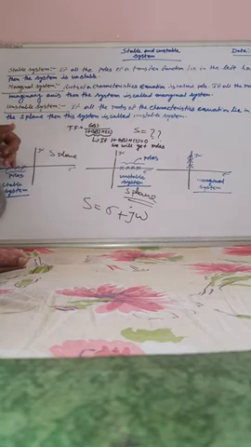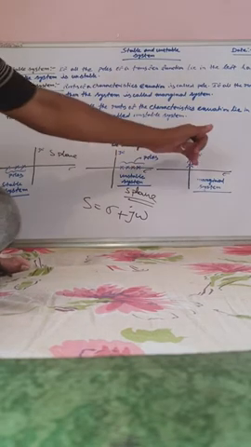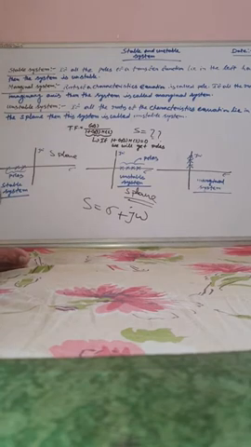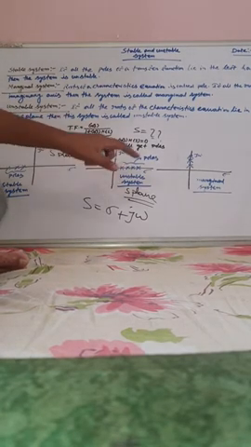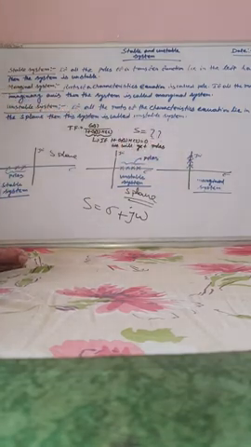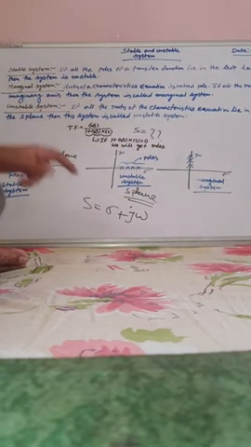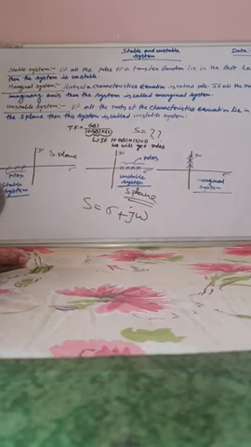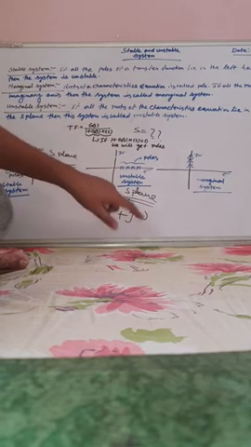This is the left half, this is the right half, this is the imaginary axis or the j omega axis. Your s plane consists of two axes, sigma and j omega. Sigma is for the real domain, j omega is for the pure imaginary domain. Sigma is real, j omega is imaginary.